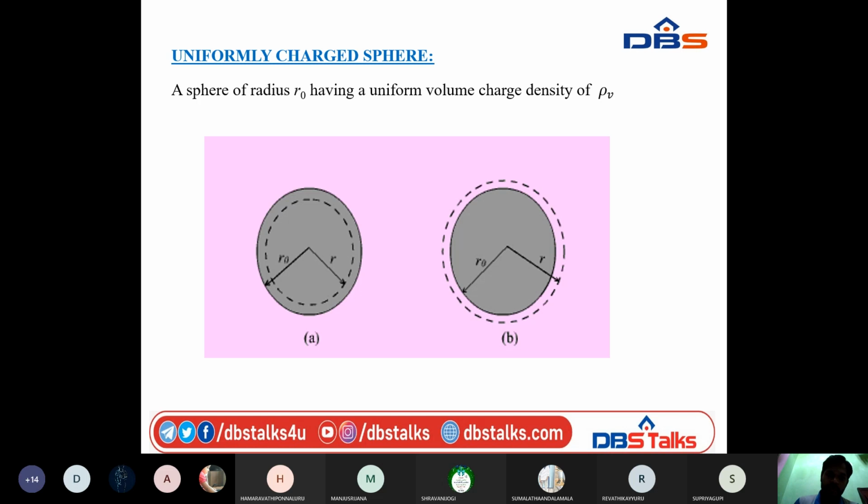First, my intention is to find the electric field intensity on a charged sphere, the sphere which has a radius a. If I construct a Gaussian surface with a radius very much less than the sphere radius, that is case one. If I construct the Gaussian surface with a radius more than the sphere radius, that is case two. In these two cases, I have to find the field intensity. Are you clear?